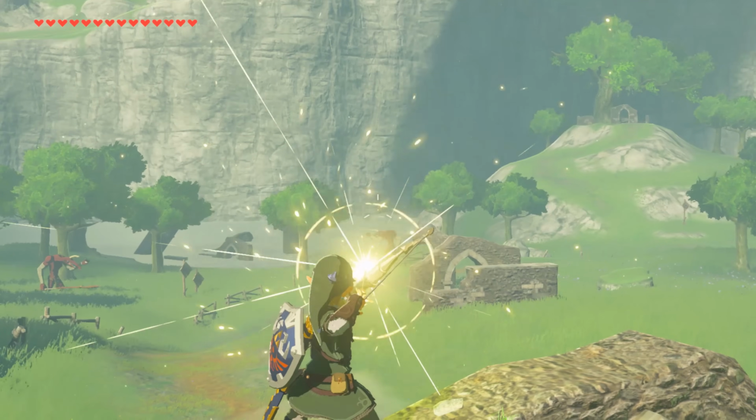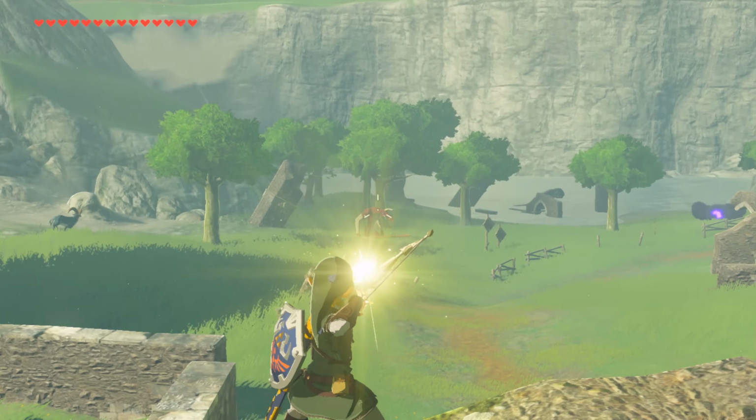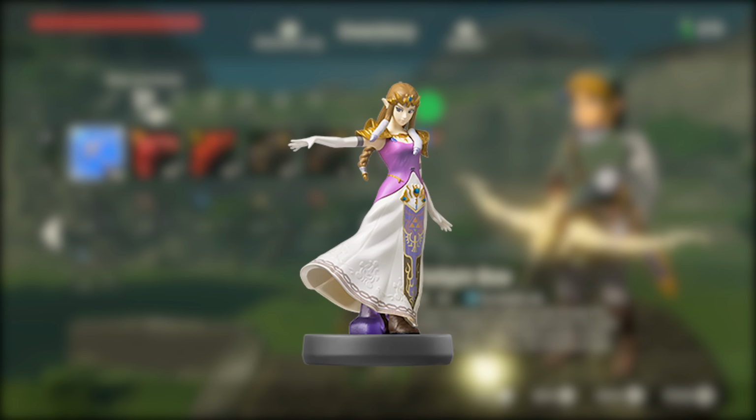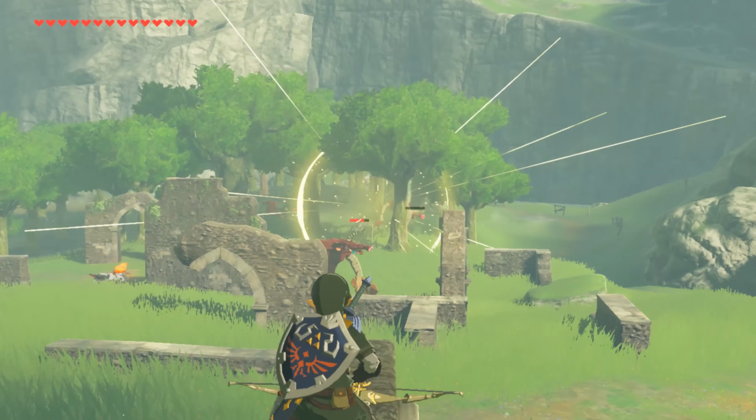Hands down, one of the best bows you can ever obtain in The Legend of Zelda Breath of the Wild has got to be the Twilight Bow. You can obtain this bow through the Princess Zelda from the Super Smash Bros. line of amiibo. You may be asking what makes it so special, but I swear if you'd stop rushing me,